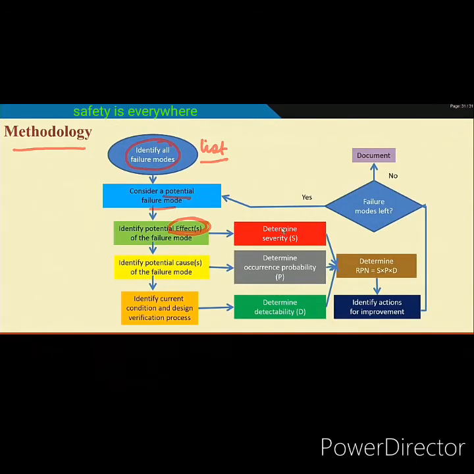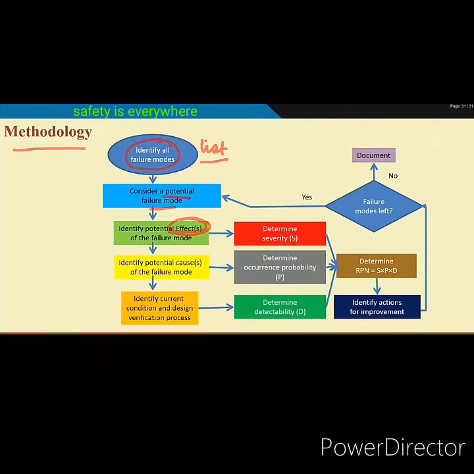So, in that case severity will be high, other cases severity will be low. You getting me? So, that means for every failure mode, if that failure mode happens, what are the effects that you identify? From those effects, you will be able to determine the severity level. We will discuss in the next class the different scales to define severity, probability and consequences.